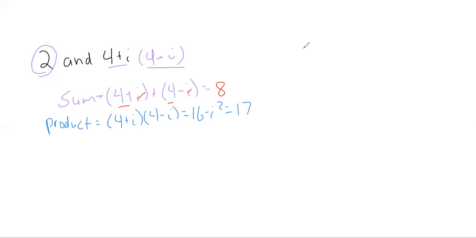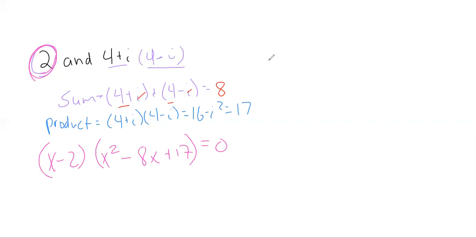If I write my equation for that, I'm going to have x squared minus 8x plus 17, and that's my equation off of those. But remember, I still have this root here. So now I have to come out and go, okay, I also have x minus 2. And now all I have to do